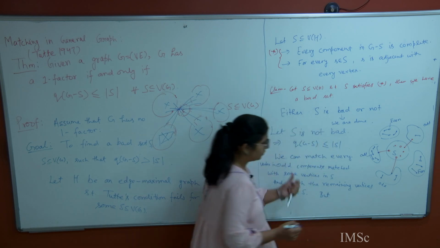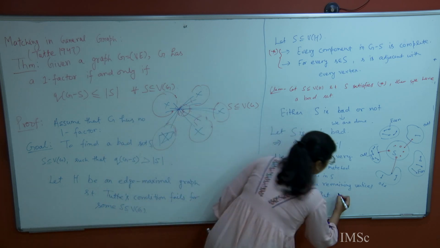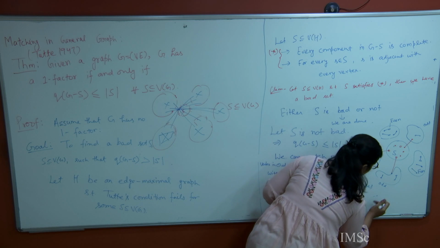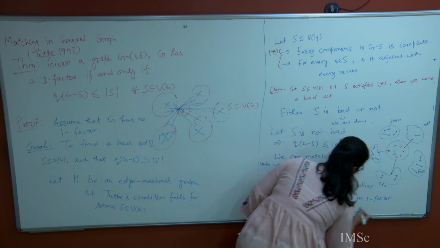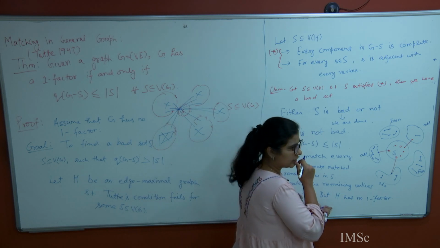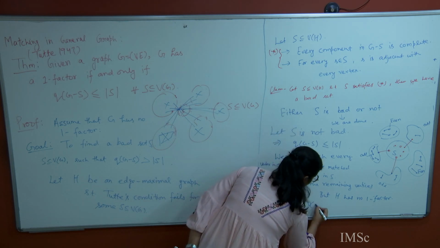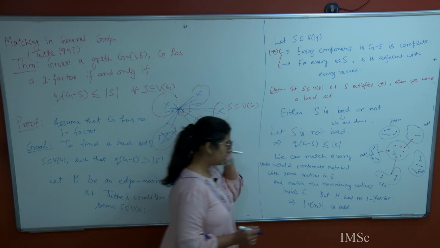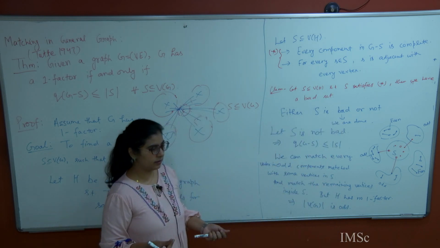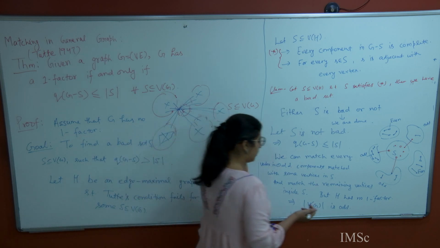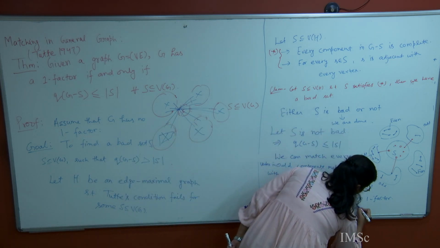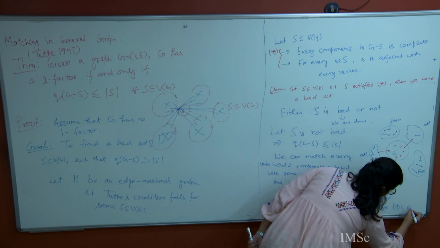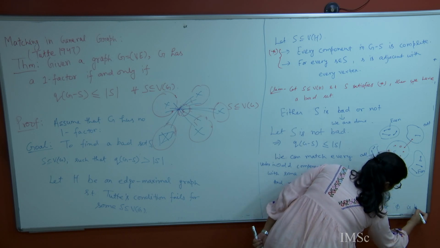But this graph H has no perfect matching, right? No one factor. What does this imply? That the cardinality of the whole vertex set is odd. Okay. And in that case, what is my bad set? The empty set. So in this case this empty set is a bad set,